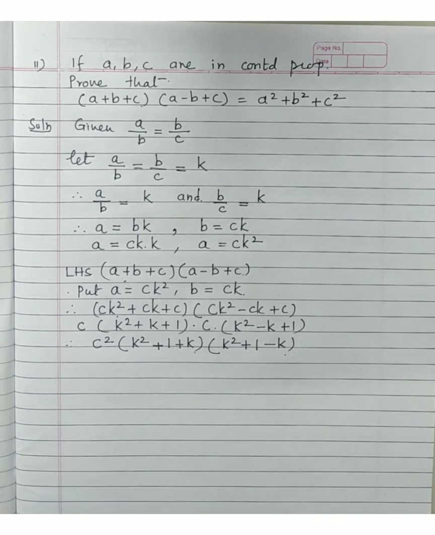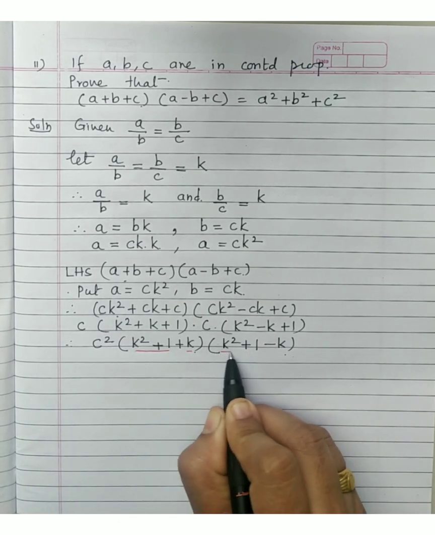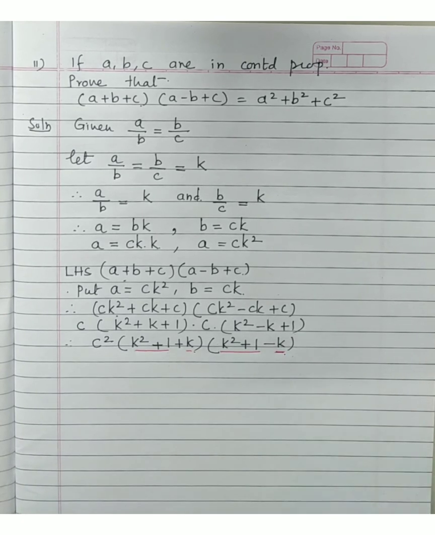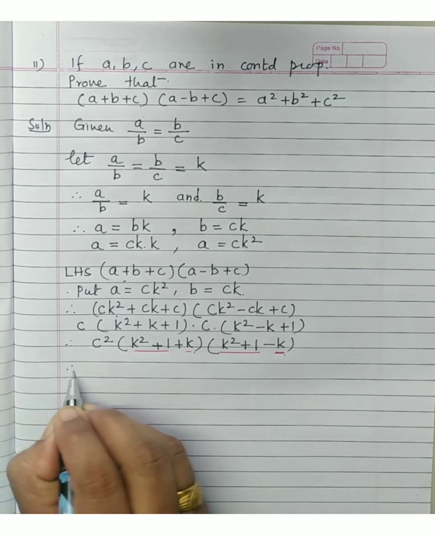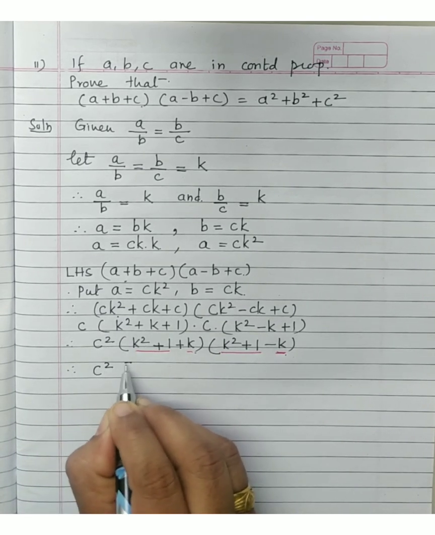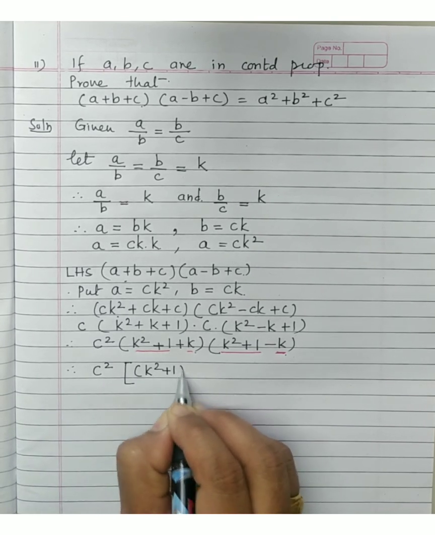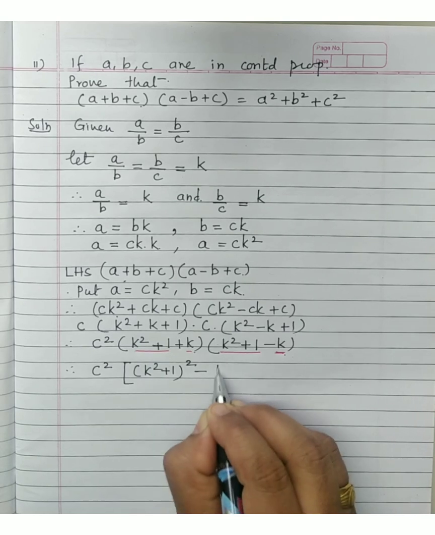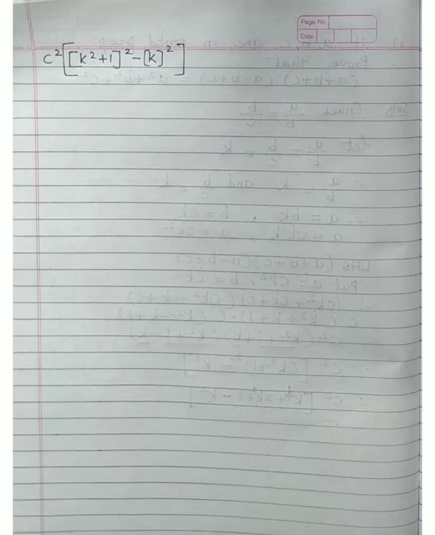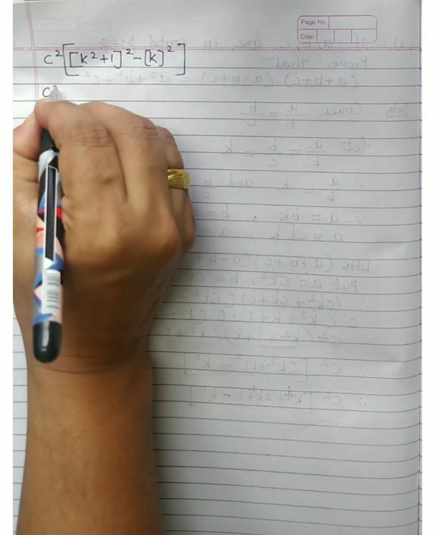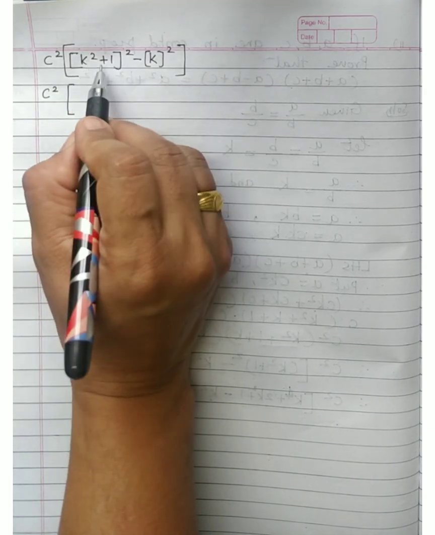But by doing so, what has happened? You can think of it that way. A plus B and A minus B. So A plus B into A minus B, you know what it is? A square minus B square. So keep C square as it is. Here you get A square, which means K square plus 1, minus B square. B square is what? K square, right? Further, when you simplify it, you get C square. Inside here you get K square plus 1 the whole square, that is A plus B the whole square.